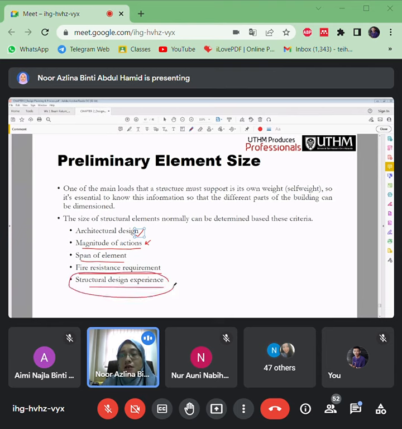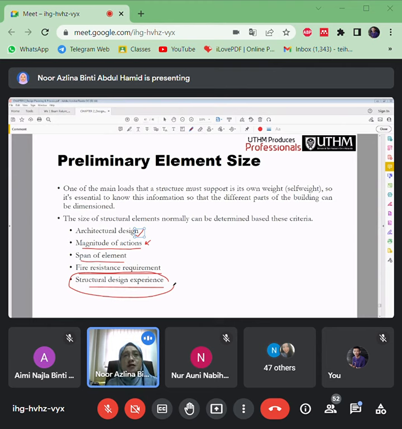Experience ni lah tak ada dalam fresh graduate, right? So experience ni lah yang akan menjadikan you all ni the best designer. Macam tadi Liana propose size beam 200 kali 400. Kalau Aimi Najla propose 200.5 kali 300, tak salah pun, nothing wrong with that.